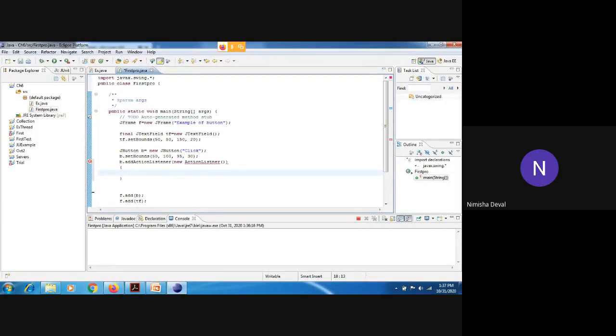Now, whenever you are writing such a type of program, see here, one minute. What you have to write? You have to write action listener. In that, new action listener, and after that, I will mention here a space so you can understand it. Okay. Here you have to write one method,